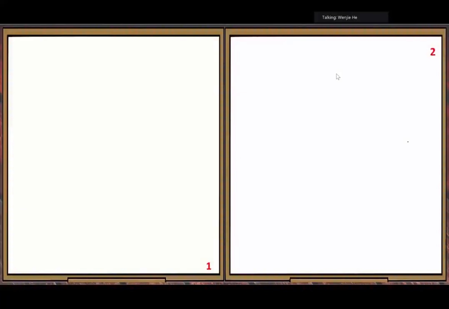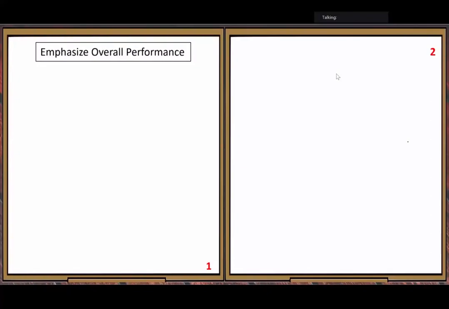First, let's look at the motivation part. So this new sort, our main goal is to emphasize overall performance. Overall performance means the average case efficiency.